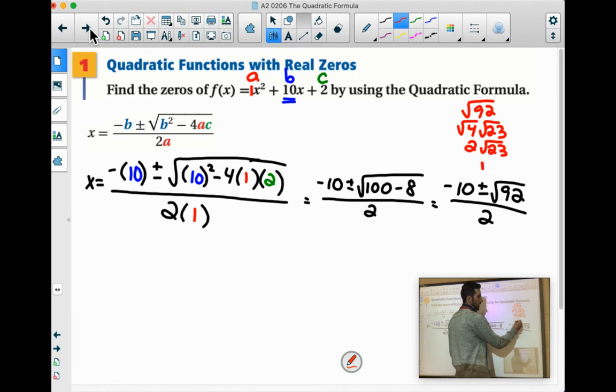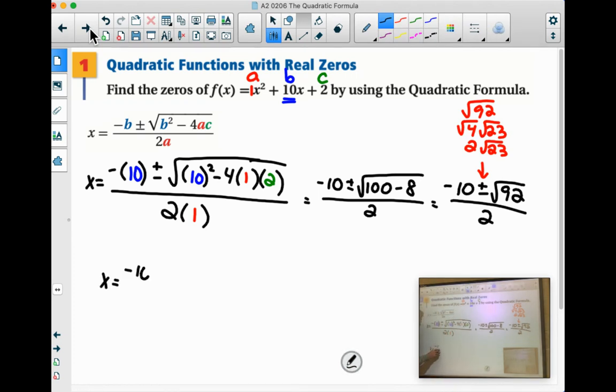So this is why you have the plus or minus, because I don't know if I just said this, I feel like I just did. Every positive number has 2 square roots. Like the square root of 64 is 8 or negative 8. That's why you have the plus or minus there. So if we clean that stuff up and we continue over here, we have negative 10 plus or minus 2 root 23